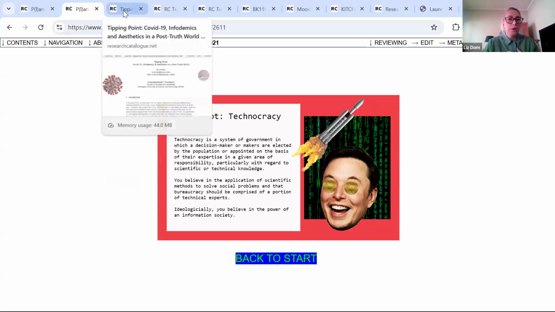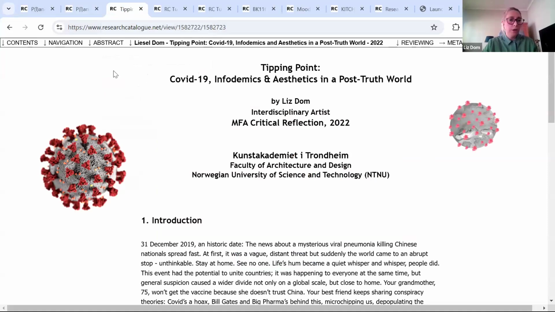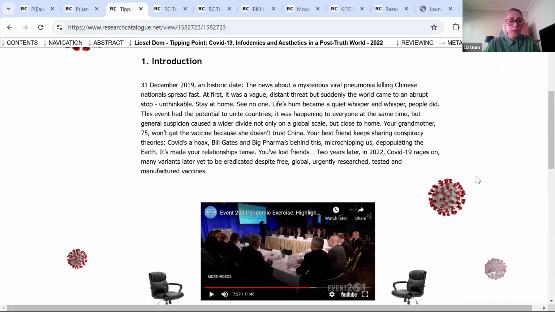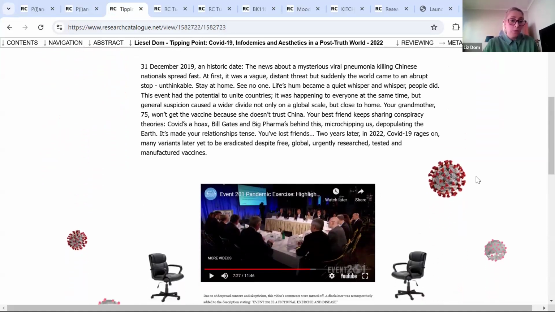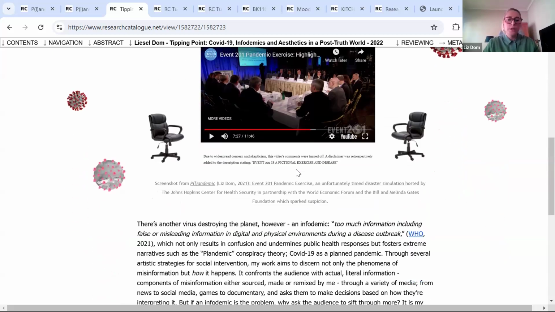I also used the RC as a vehicle for my master's thesis in the end. It was called Tipping Point, COVID-19, Infodemics and Aesthetics in a Post-Truth World. At least at KIT, we are able to submit our theses in a more creative way. We are able to include images and rich media such as videos.